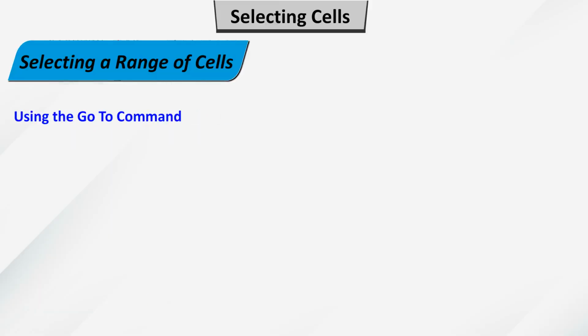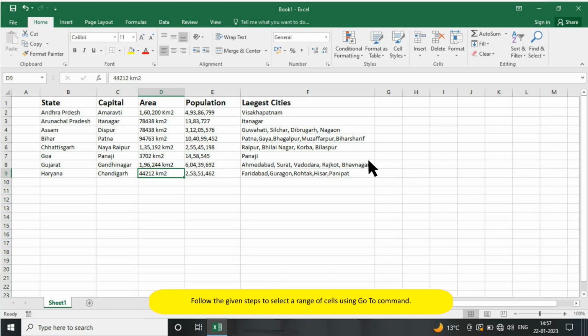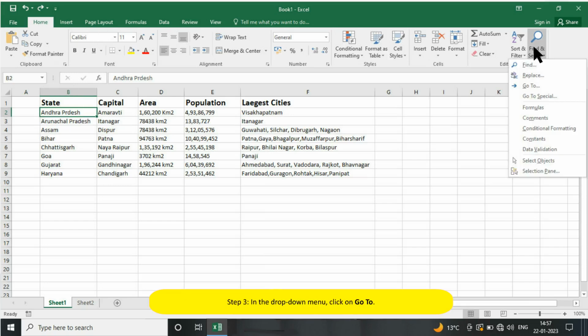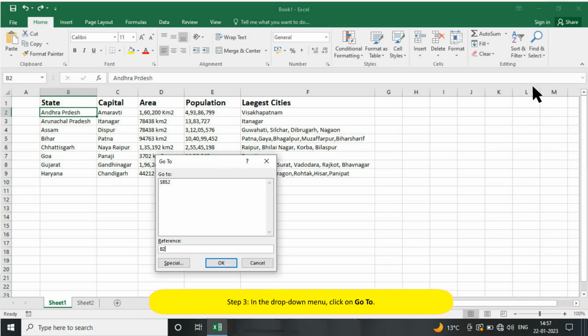Using the Go To command, follow the given steps to select a range of cells using Go To command. Step 1. Click on the top left cell in the range. Step 2. Click on Home tab, Editing Group, Find and Select command. Step 3. In the drop-down menu, click on Go To. Step 4. The Go To dialog box opens. Step 5. You will observe that the address of the active cell appears in the Go To box as well